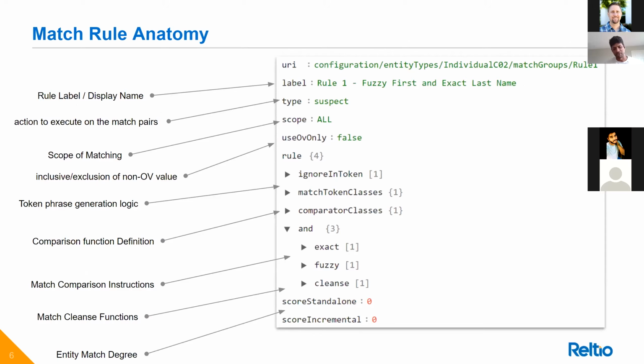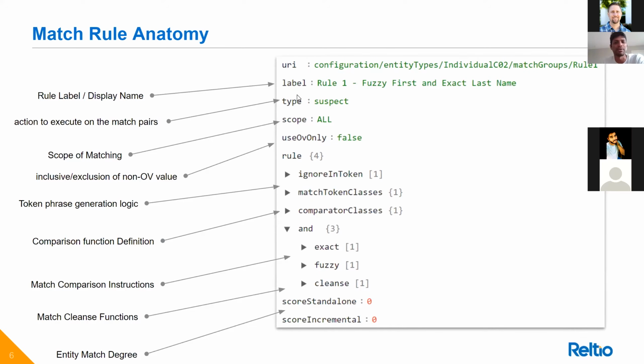So, match rule anatomy. I talked about match rule-based matching, where you write the instruction. So what does that instruction look like? It's not just saying match on the first name, match on the middle name, and match on the last name, and if all these three criteria are true, then the pair should be a match. In addition to those instructions, there are a lot of other things that you can configure in Reltio, which provides you better flexibility to address your use cases. So I'll go through this